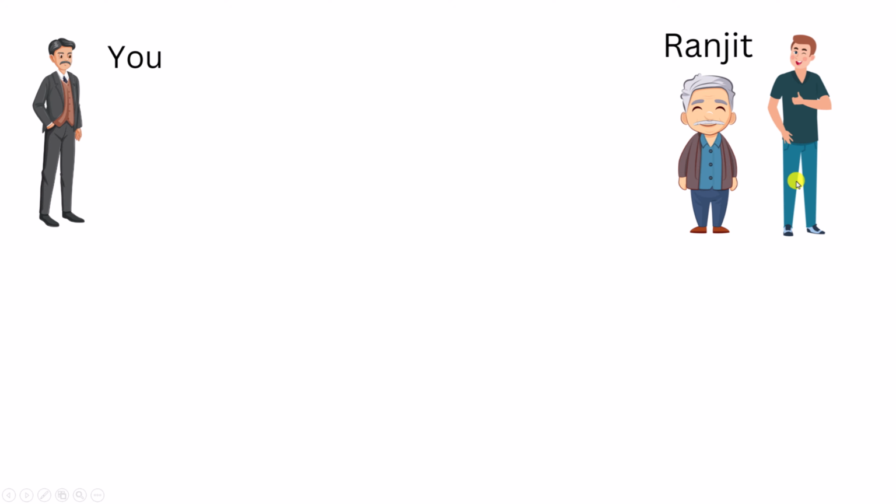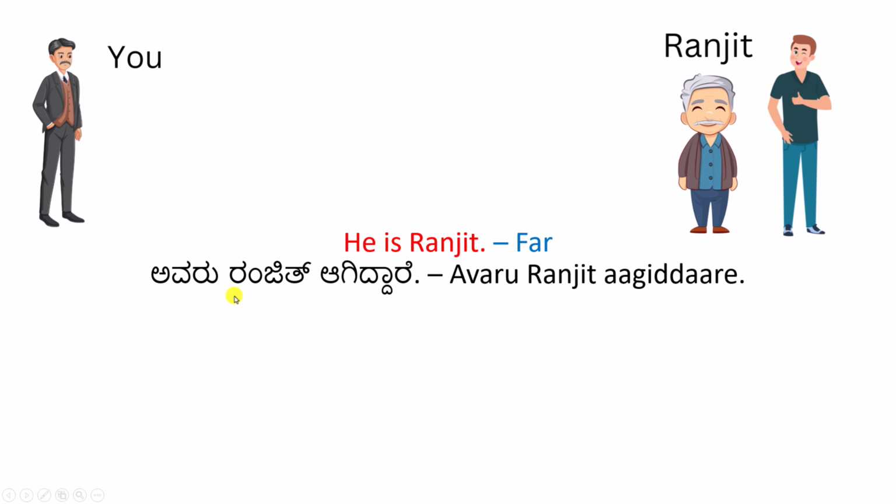Ranjit may also be your colleague of your age or younger than you, or maybe someone you just have met. When this is the case, if you want to say he is Ranjit, you will have to say avaru Ranjit